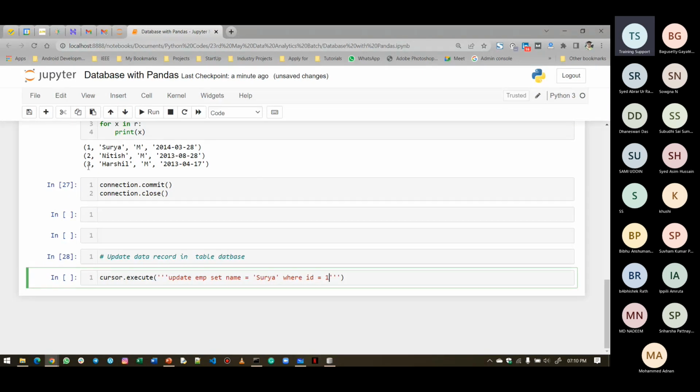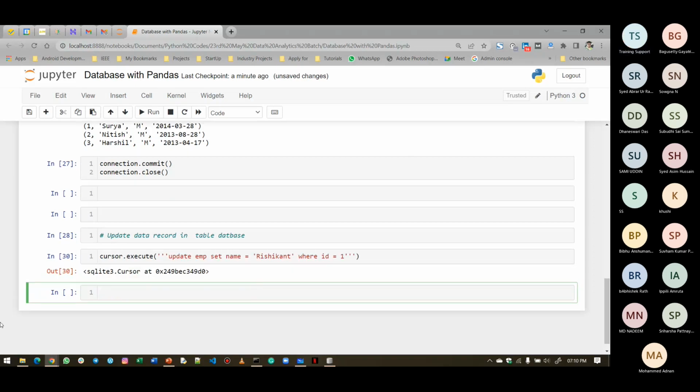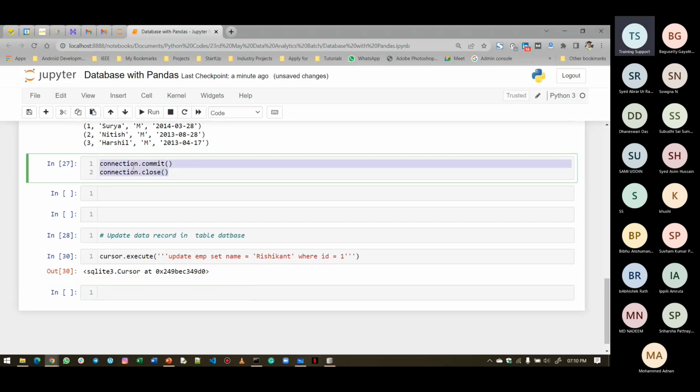Here you can see Surya is already there. The name is already Surya, but I will mention here, let's say, maybe Rishikant. So what is the meaning of this? Wherever there is ID equal to 1, obviously in our case it is a single data record only where the ID is going to be 1. But I am giving an example that similarly we can take anything other than this also. Now if we run this code,